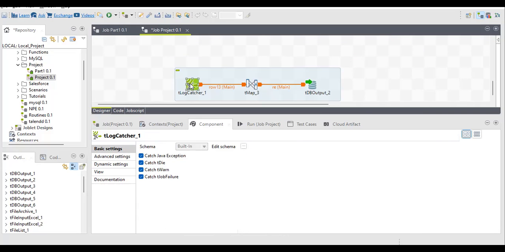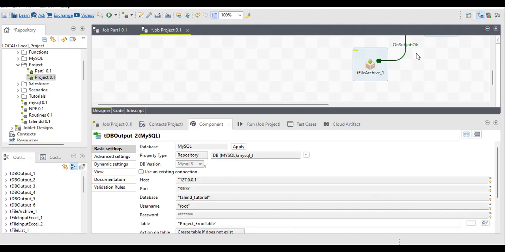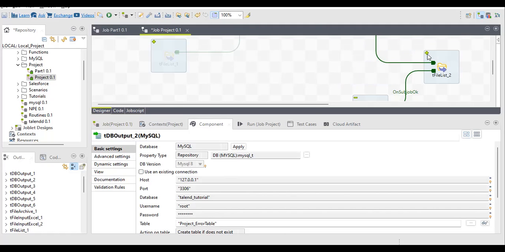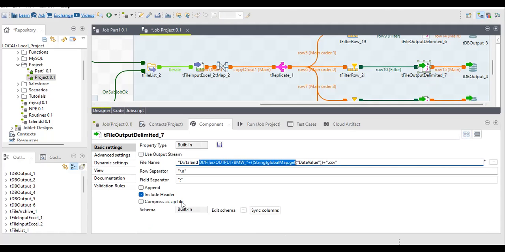Similarly, I have used tLogCatcher to catch my errors if any errors occur, in tDBOutput with a different table name, that is project_error_table. And at the end, four files will be created in my particular output directory on my local